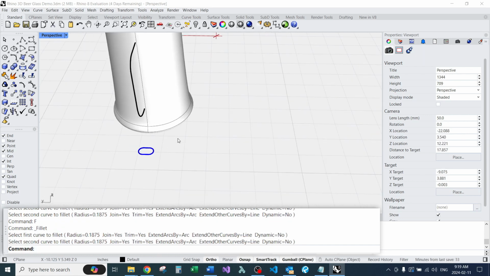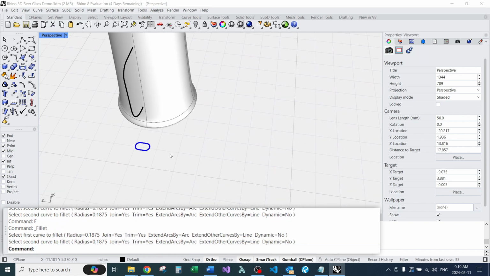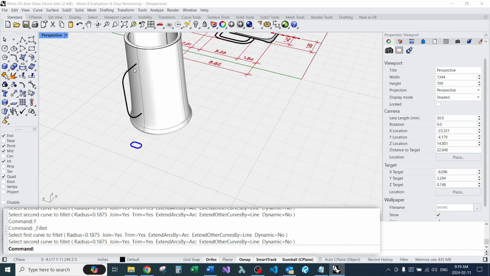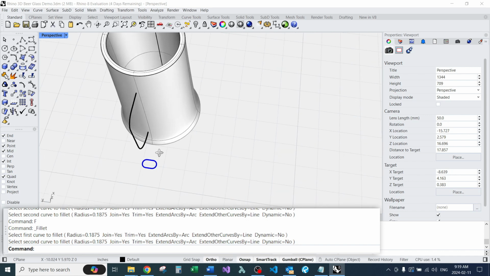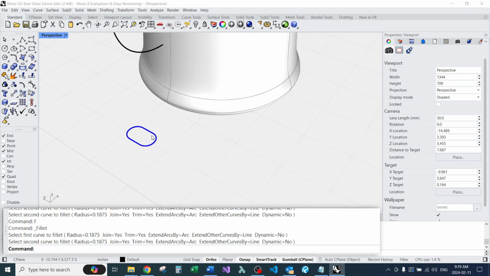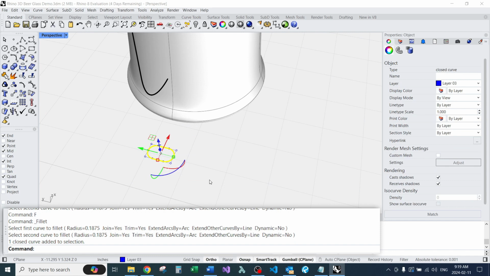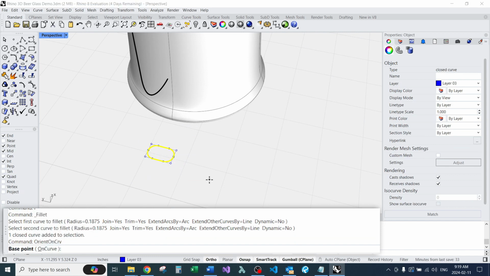Put some nice rounded edges on it. So this profile, if you spend time on the handle, you can make it look a lot better, but I'm just going to burn through this and make a very basic handle. But you'll see in just a second here, when I do the orient on curve,